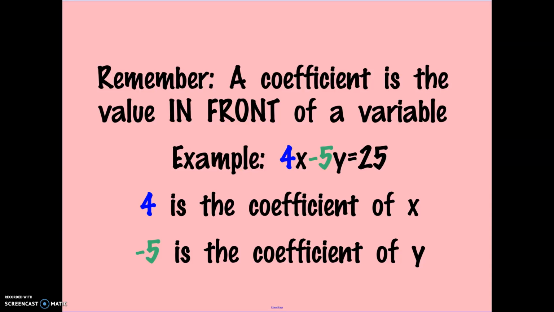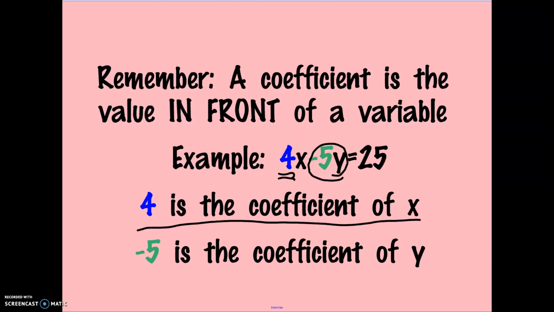One thing to remember for today's lesson is that a coefficient is the value in front of a variable in an equation or an expression. So for example, 4 is the coefficient of x because that's the value in front of x, and -5 is the value in front of y. Make sure that you keep that sign in front attached to the coefficient so that you know whether that value